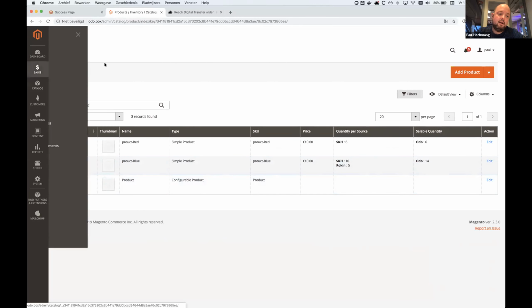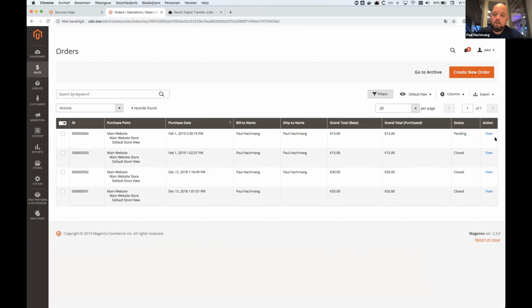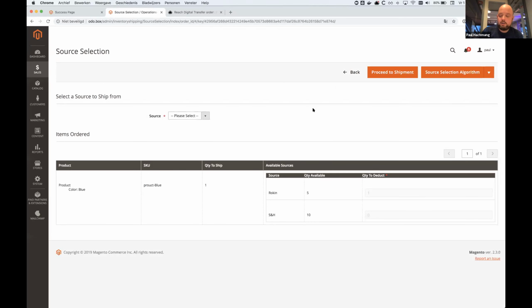So normally when you are ready to ship an order, you see the result of the source selection algorithm. And the result of the source selection algorithm is something that we want to use. So we want to know this value. We want to know from which source we should actually deduct the product from. And we want to know it before we're actually shipping, because in Magento, the shipment is usually